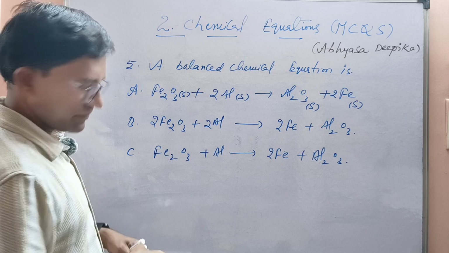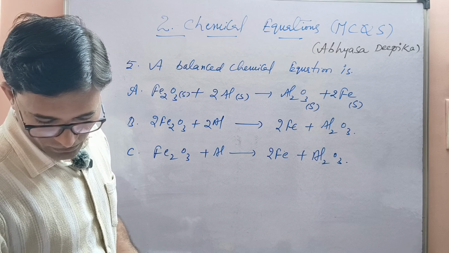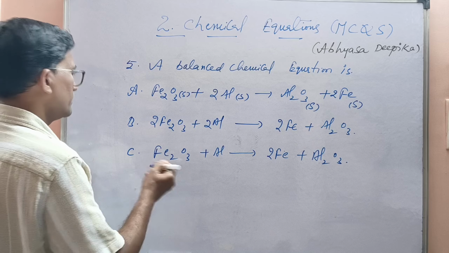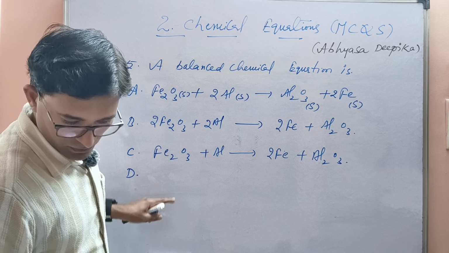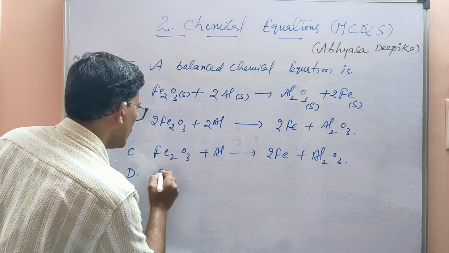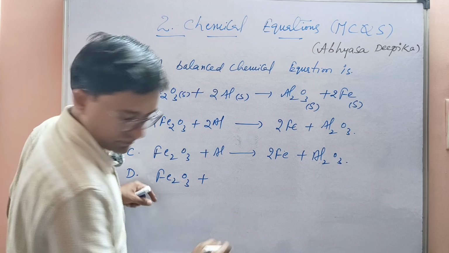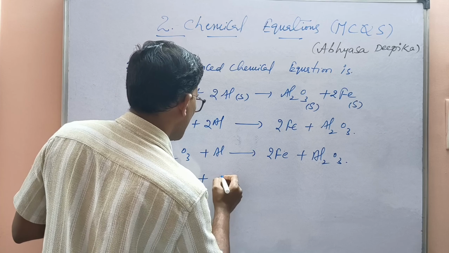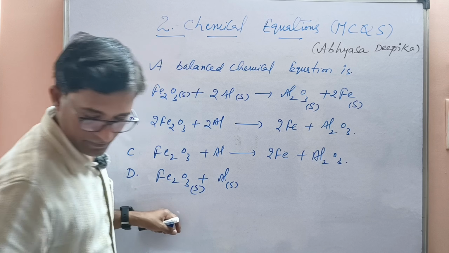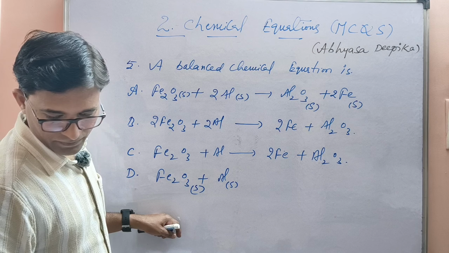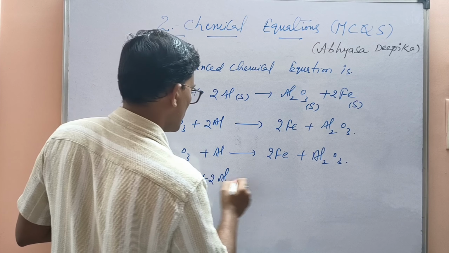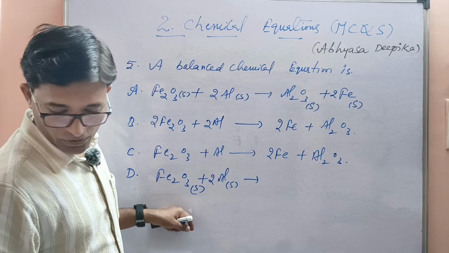Okay, next one. D is Fe2O3 plus solid aluminum solid, 2Al gives rise to 2Fe